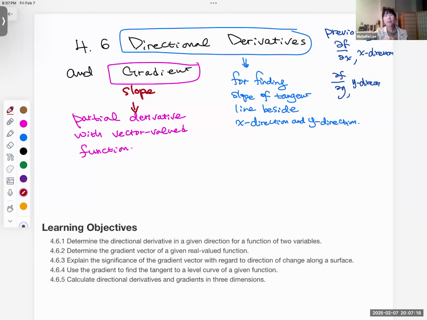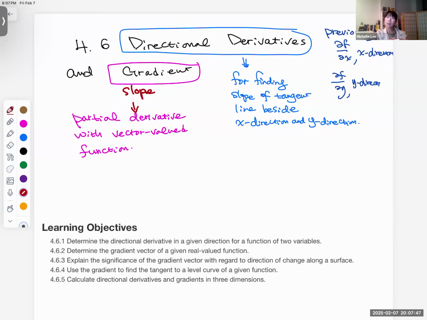Hello, everyone. So we're gonna do 4.6 directional derivative and gradient. So previously we did partial derivative with respect to x. Then that is the x direction, right? Partial derivative with respect to y, then y direction. So we want to find the slope